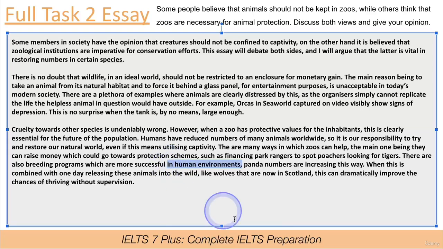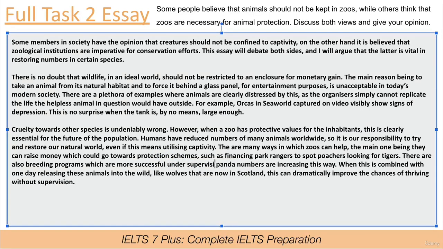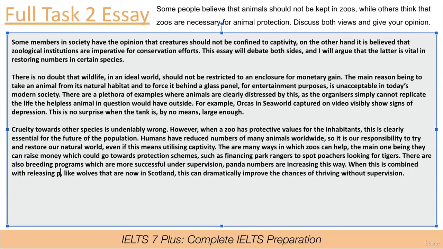Maybe we could say under supervision and then change supervision later. Panda numbers are increasing this way. When this is combined with releasing programs or initiatives like wolves that are now in Scotland, this can dramatically improve the chances of thriving